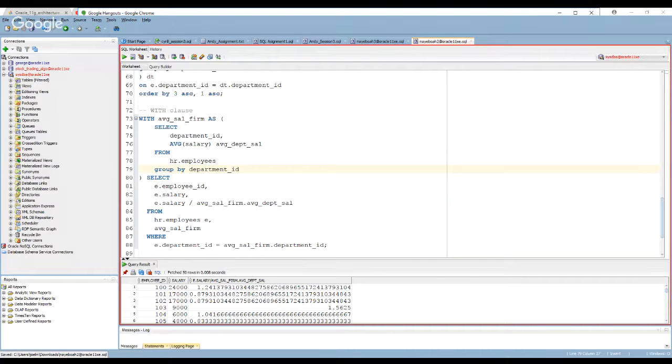We have the employees table in the HR schema, right? It has the employee ID, the employee name, the first name, and the department. We can group how the data is stored by department, because oftentimes people may come and say, hey, can you give me all the people that work in the finance department, for example? You want that query to come back very quickly. So partitioning serves that purpose.